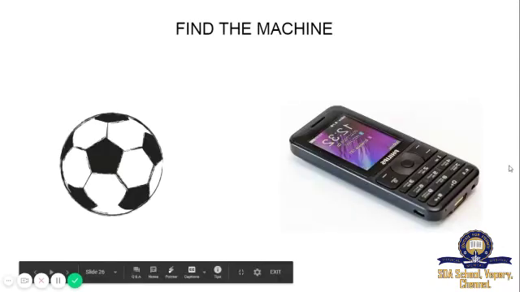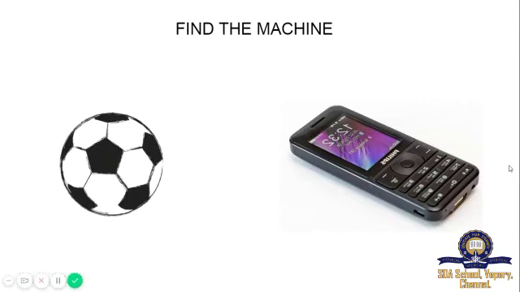Next. Okay, up to the previous slide we had to select the part of the computer. We selected the part of a computer. Okay, from this picture again we have to select a machine. Okay, kids, this also can come in the exam. 2 pictures or 3 pictures would be given, on which you have to circle the machine.